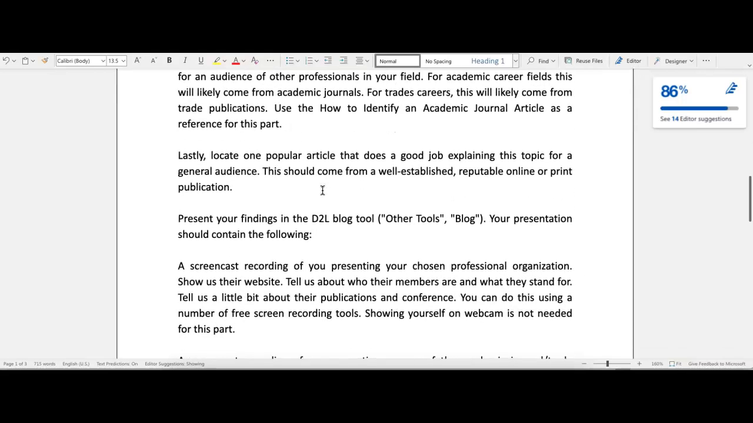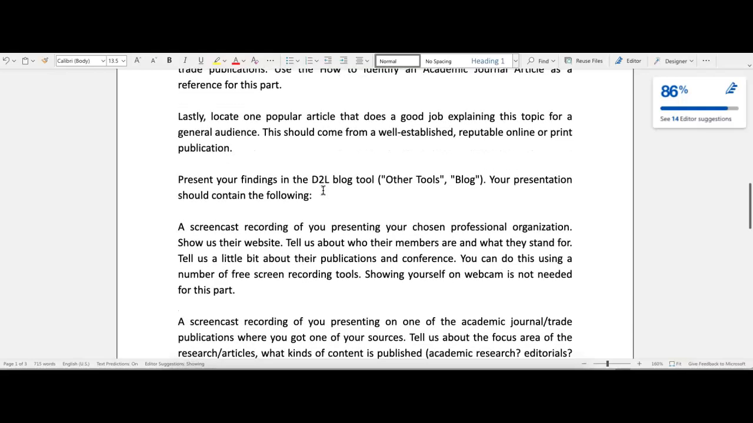So you'll find your 3 sources. So step 1, find a professional organization. Step 2, look at publications and find topics that people in that field are researching. Step 3, find 3 articles or 3 sources that explain that topic. 2 of them for a professional audience, 1 for a more general